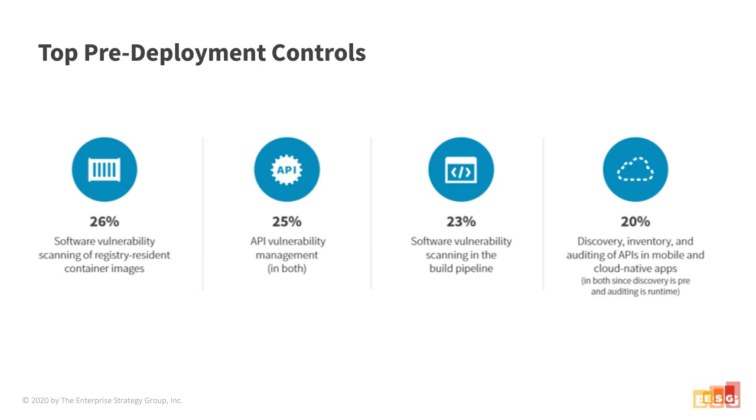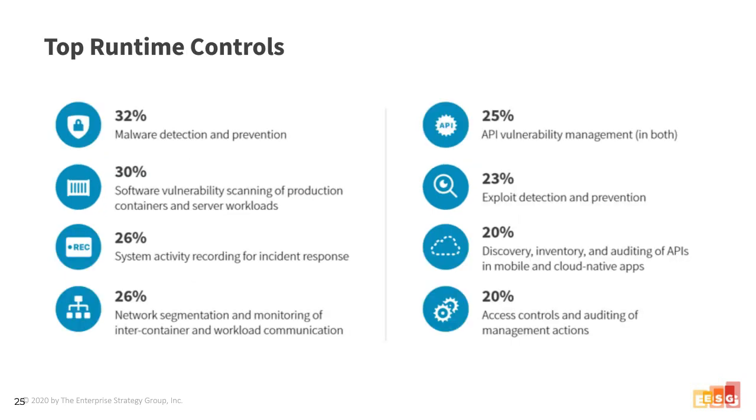And runtime controls. So again, this maps absolutely directly to the use cases. You want to make sure that I've got effective anti-malware detection and prevention. So I would suggest that, similarly to your endpoint security controls, that are using multiple techniques to detect and prevent malware, so static controls in terms of signatures, but also machine learning, and then runtime behavior analysis.